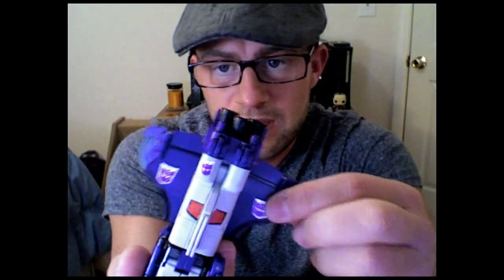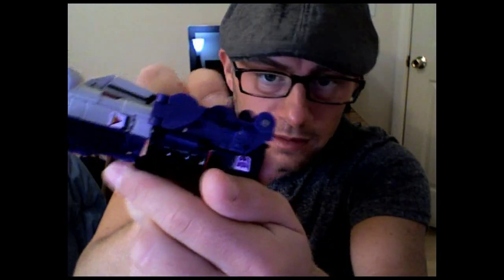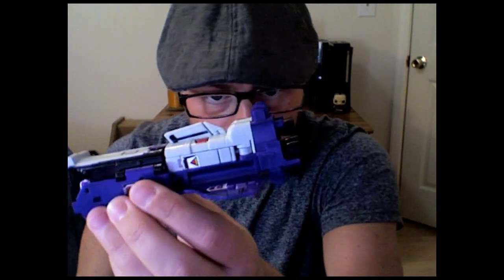And tuck his wings down just like that, and fold the tips down. And then you are going to bring these pieces right here from his locomotive mode down, just like that. And you can lift up his space shuttle fin right there. And then what you're going to do is